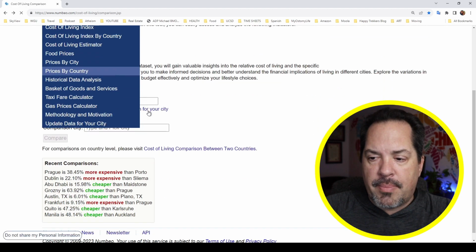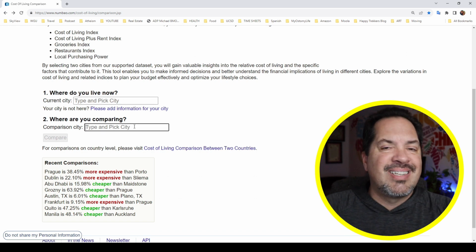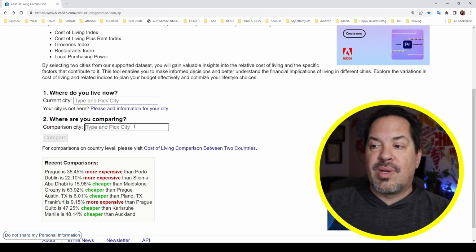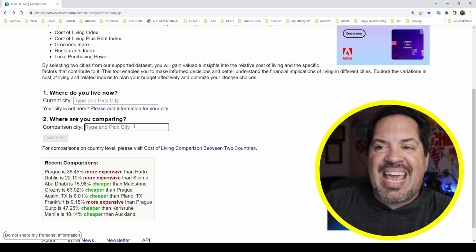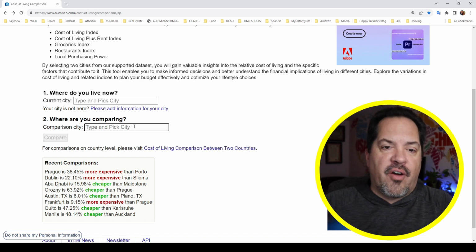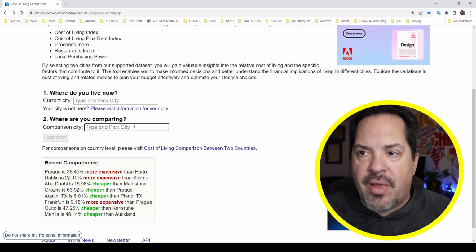So again, Numbeo is a great site. When you go to that main page, just plug in where you live, where you think you might want to live. Take a look at the cost of living. So now that we've looked at the cost of living, and we saw in this case, you can spend 88% less, right? So what is that? 12% of whatever you're spending, you can spend 12% over there. Just a different way of saying it.